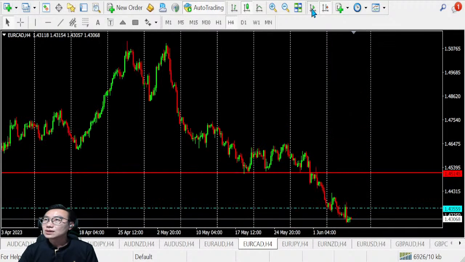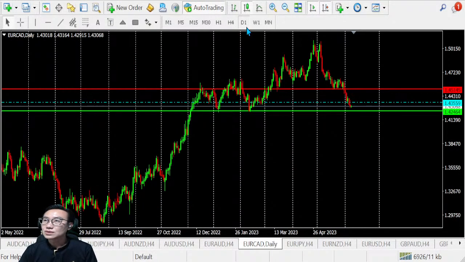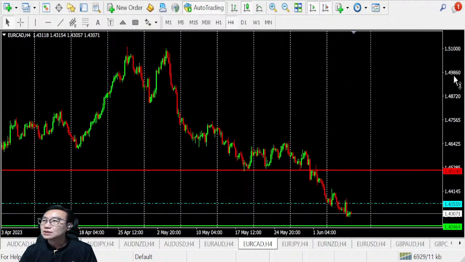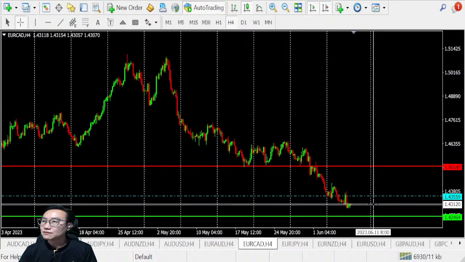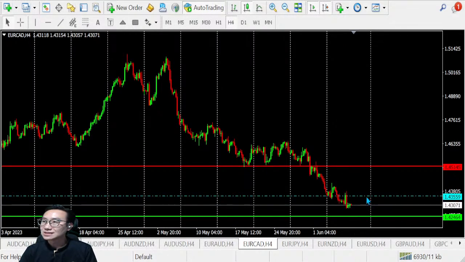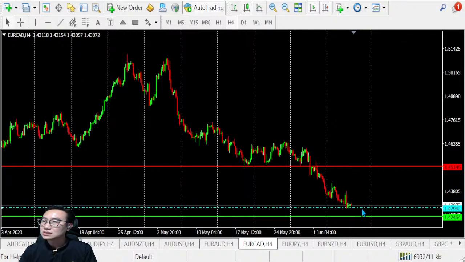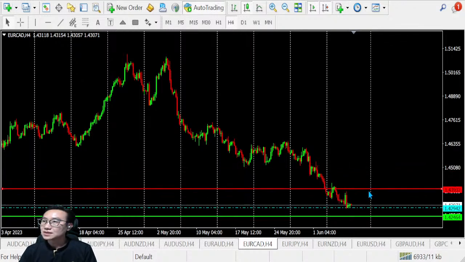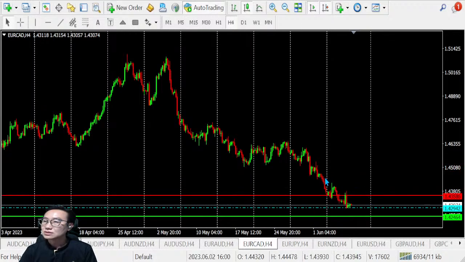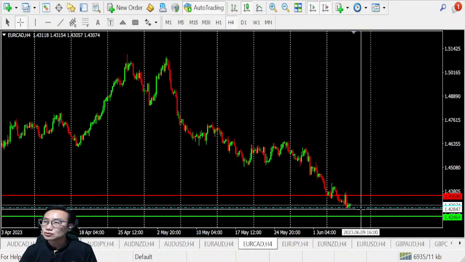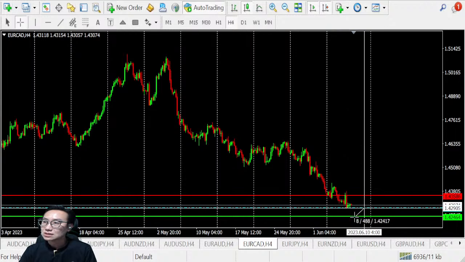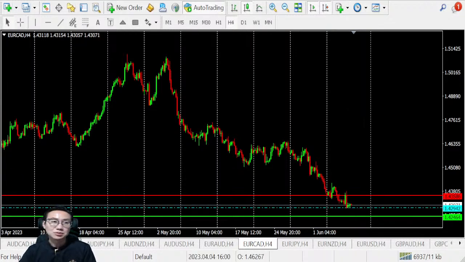All right, Euro CAD. Let's take a look at Euro CAD. For Euro CAD over here, we are in the bear. In the transition until now, we are still in the bear, but we are coming near to a support level at this point. We still have about 60 pips to go. Here is one support, and up here one resistance. Let's see if there is a chance that it's going to break the support at this area. Then we can continue another 48 pips. Okay, so looks good.